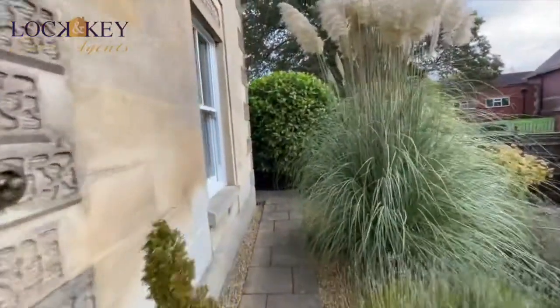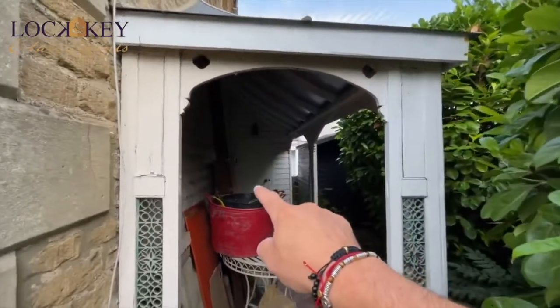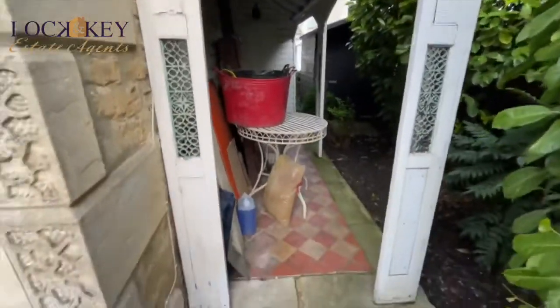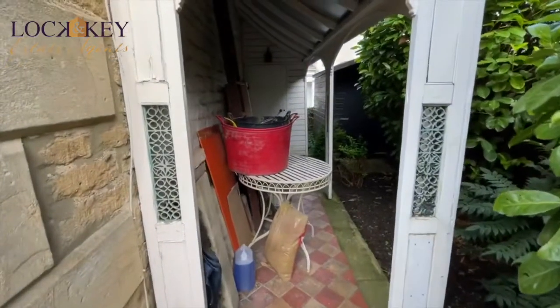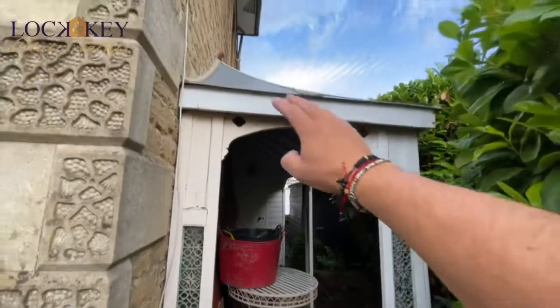And I'm just going to walk you down this side. I think it's important just to show you every access point you've got there. Look at that lovely little covering, and then the storage shed is just in behind there. There's a little door there from the utility so you can get out. You can see some nice little tiled path. Don't know if it's original, I'm not saying it is, but there's a nice tiled path, and that covering just